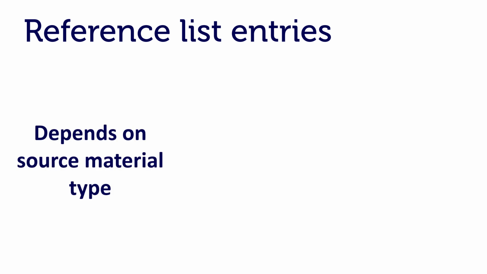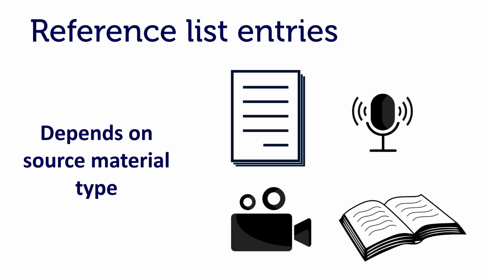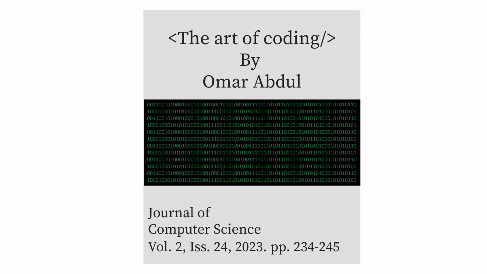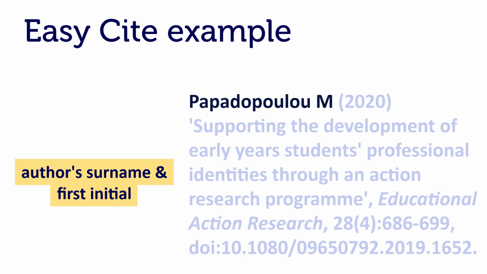Well, it depends on what you want to reference. Different materials require different information and different formatting. Let's pretend that we need to reference an author called Abdul, who wrote a journal article called The Art of Coding in 2023. The example on Cite tells us that we need to include the author's surname, their first initial,